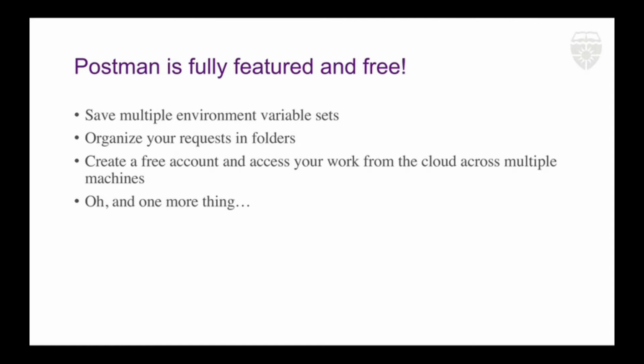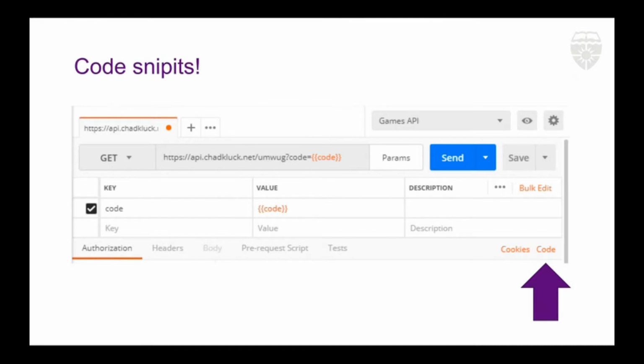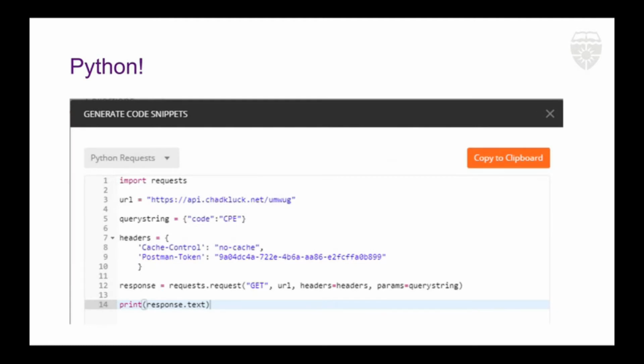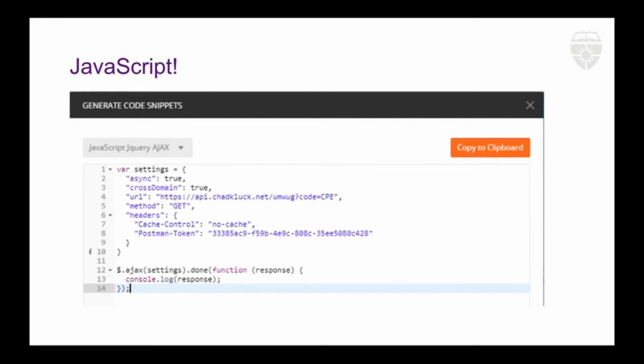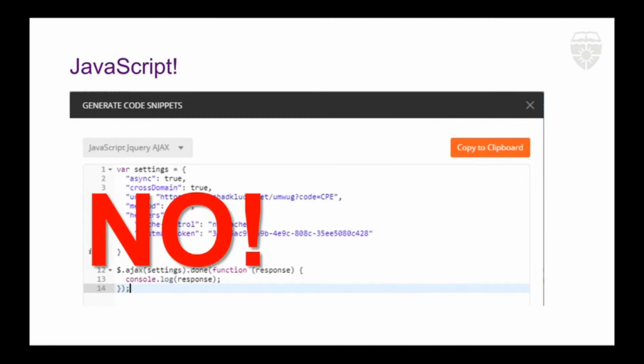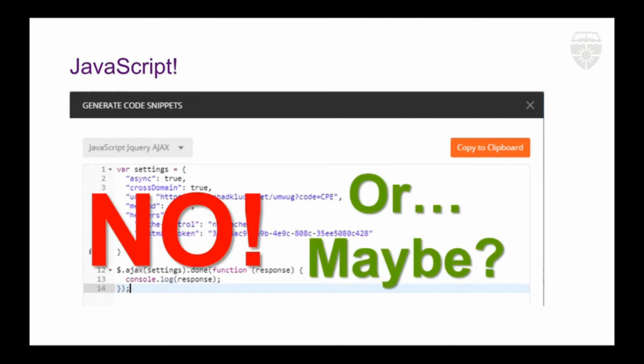And one more thing, code snippets. We all like code snippets. So if you click on code, you have Python, you have PHP, curl, JavaScript, or maybe